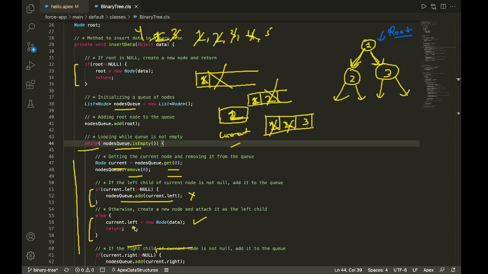So here it is written that I'm going to create a new node and mark it as the left of the current node. So I'm going to create a new node. I'm going to give it a value which is nothing but 4. So this node will have a value of 4, and I'm going to mark it as the left of the current node. So it is going to be the left of the current node, which is nothing but left of 2. So this is how the node is inserted. Now let's see node number 5, because we are going to return from this method right here. So we are not going to proceed ahead.